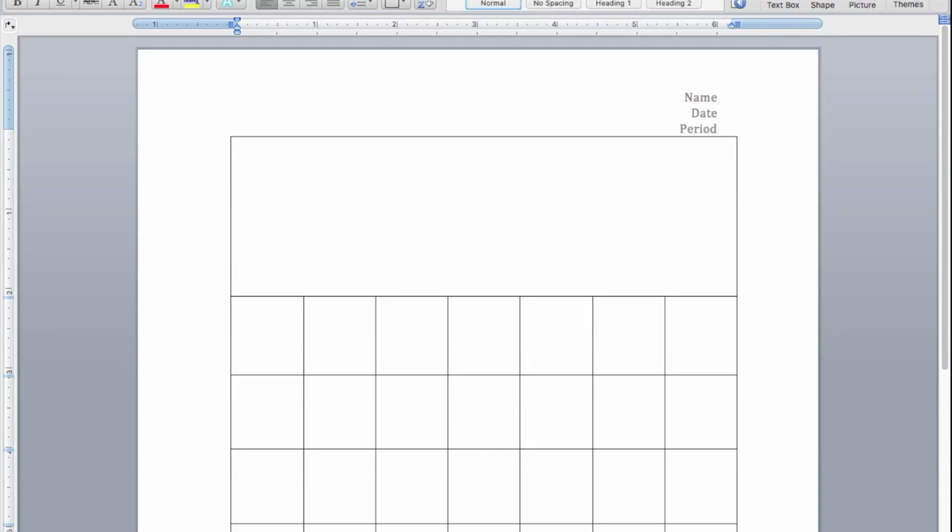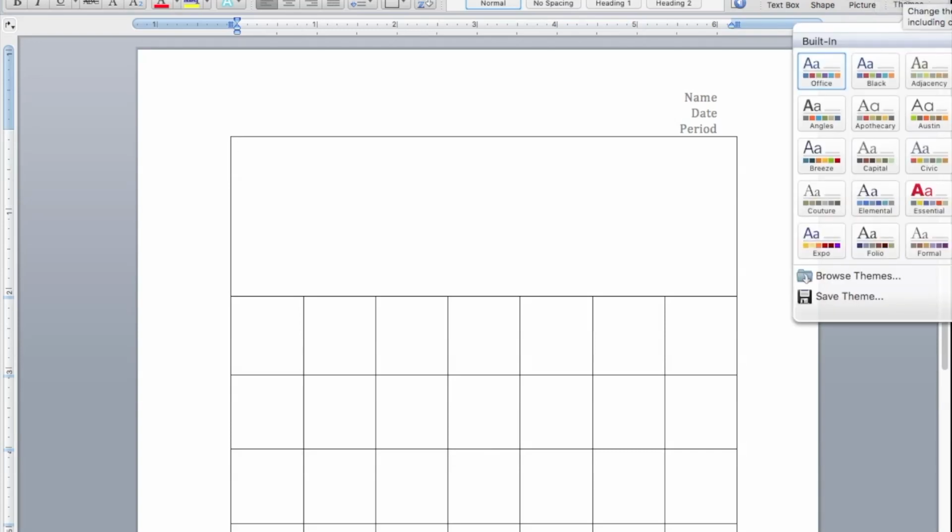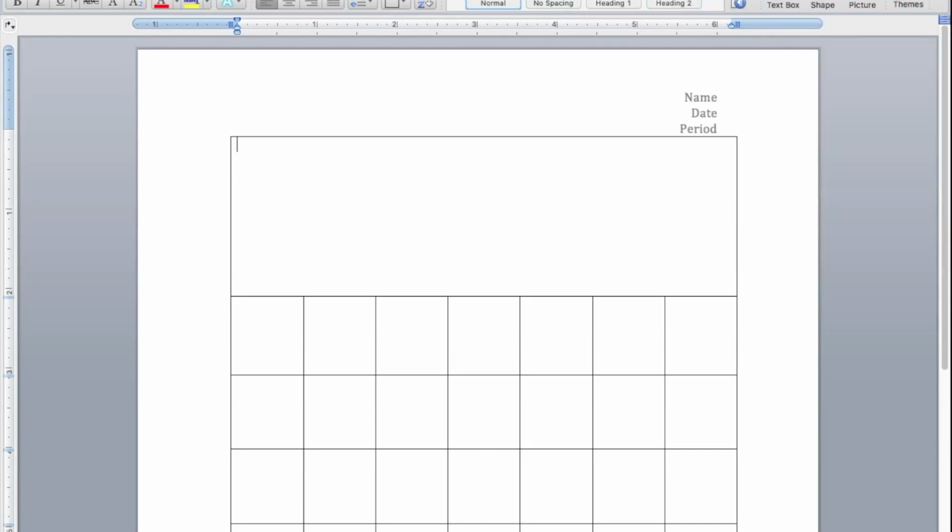Themes. Oh, shit. To insert word out, to insert